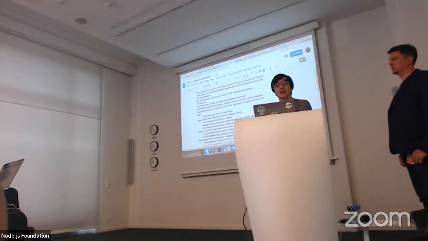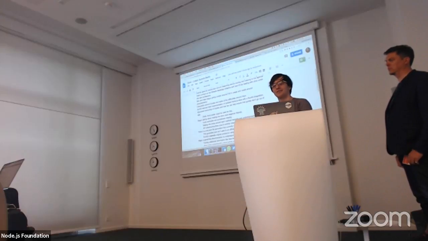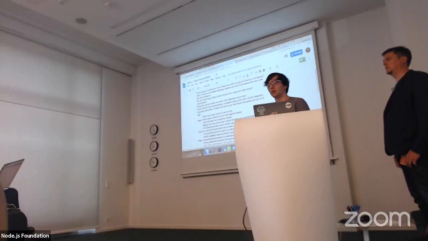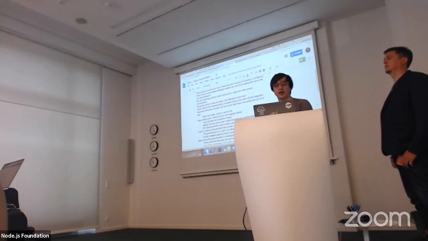So we wanted to see if we can help reduce that barrier, that level of maintenance, and begin helping core contributors focus on core and abstract away some of the more repetitive tasks around documentation.